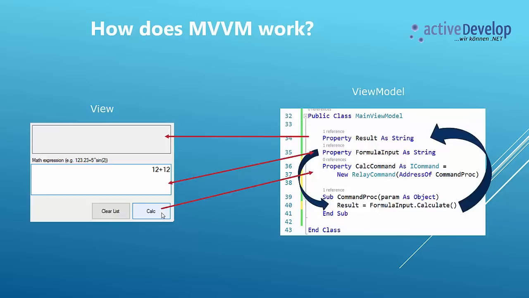Since the result property again is bound in one direction to the result label in the view, the MvvmForms app displays the result. So basically the workflow is exactly how you would do it in Windows Forms code behind. But the ViewModel code is located in its own assembly, and since this assembly is from a type we call portable class library, we can reuse that ViewModel code in all sorts of other project types, for example Windows 10